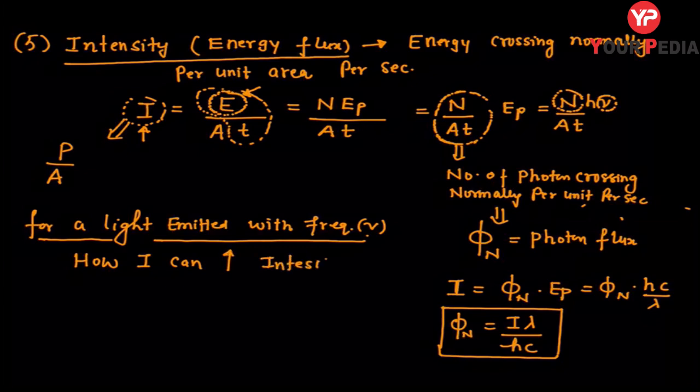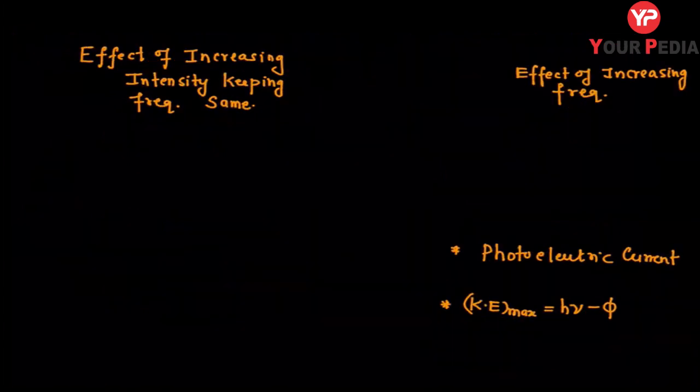Up arrow means increase. Obviously, by increasing, upper arrow means increasing photon flux, number of photons per unit area per second. Is it clear, student? There should be no confusion, because when we are falling light on metal